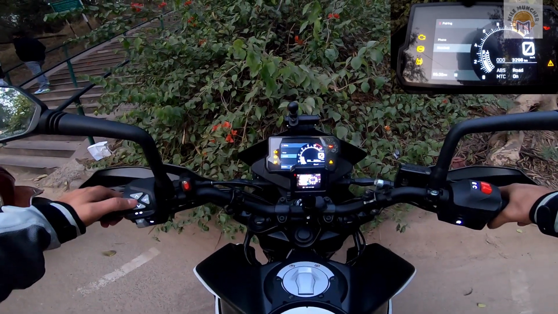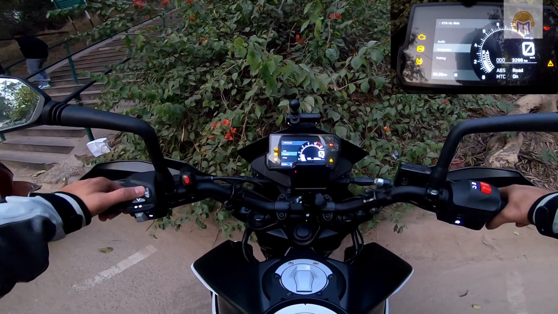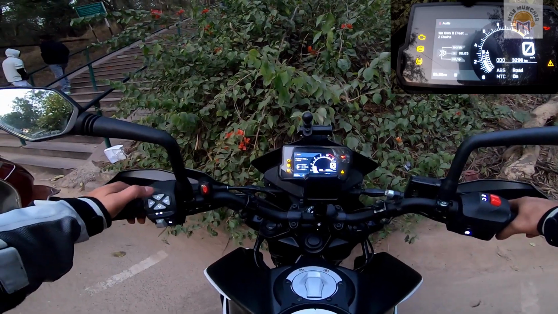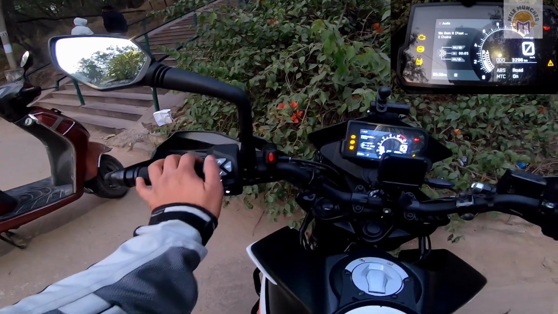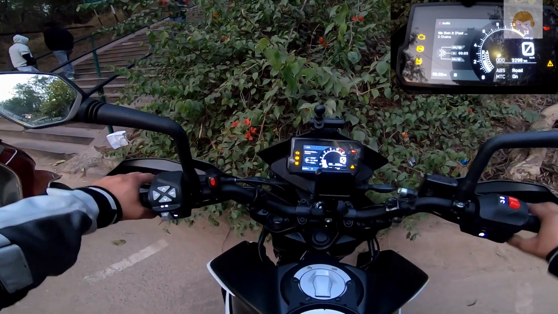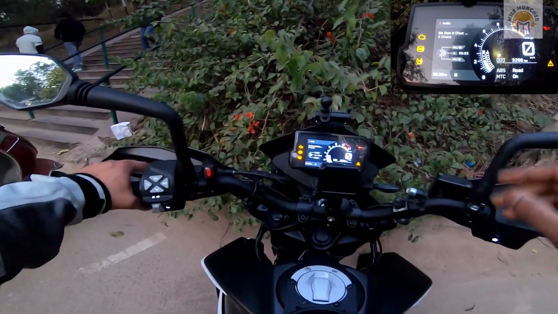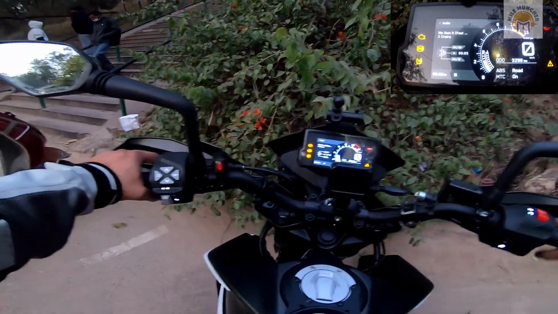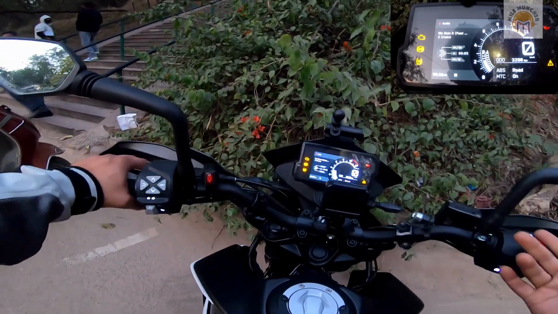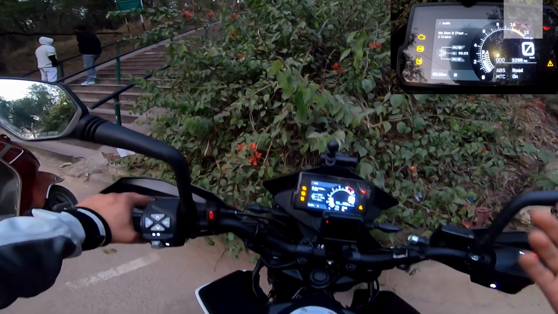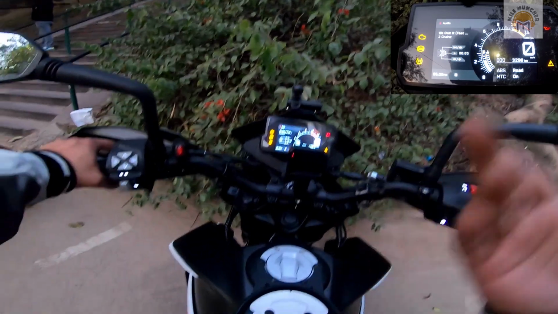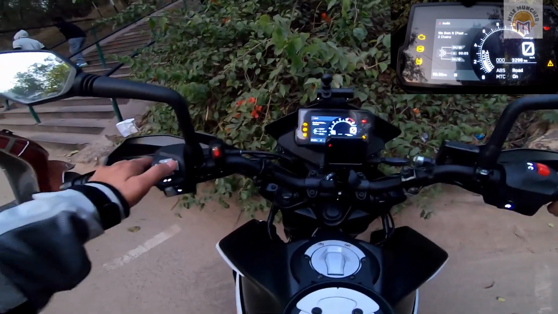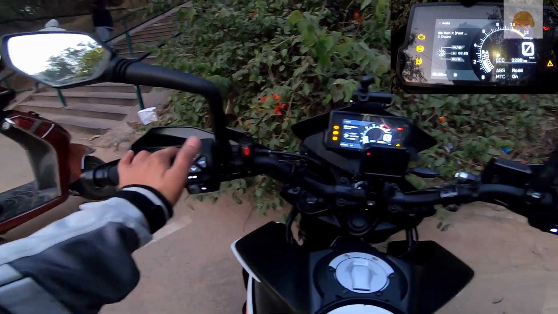Now all my KTM Ride allows me to do is control my audio, answer or reject calls also from this particular console that you have here. Exactly like the way it is going to play the music right now. So you see, I can increase the volume of my music, I can change the track to next track or previous track, play or pause the music right from this particular console here.